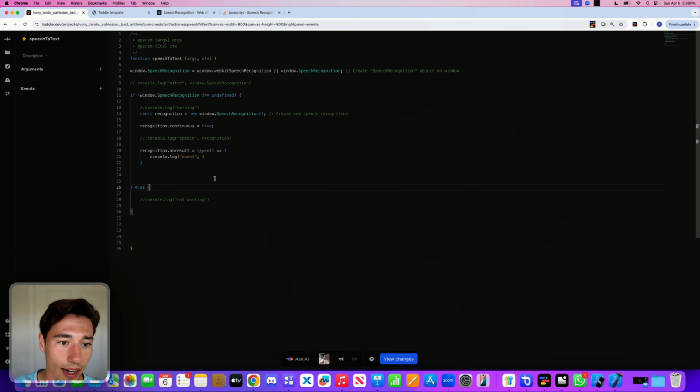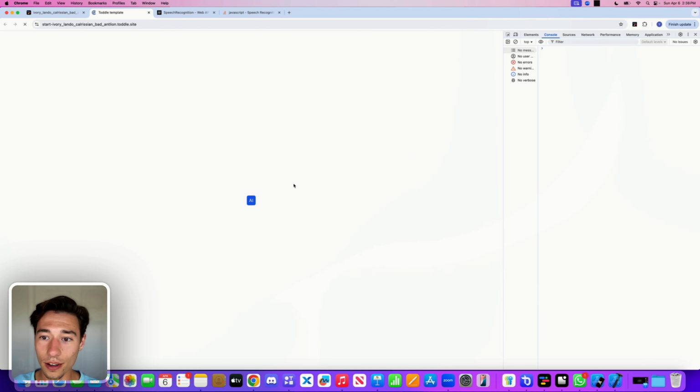and I'm going to put in quotes event, and then I add a comma, and now I want to, you see how we're getting this event here? I want to copy this, and take a look at the event. So I got my console log inside of here when there is an onResult. So now when I reload this, and I will click on here,